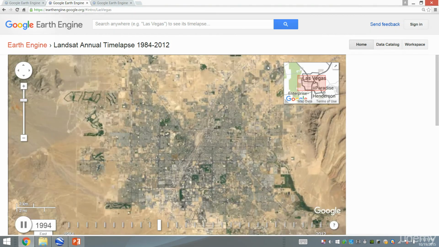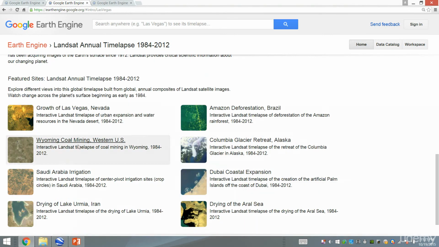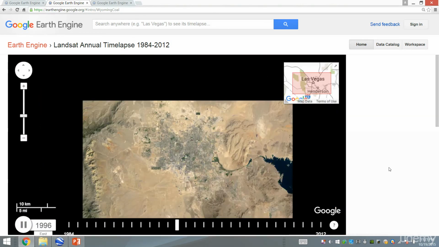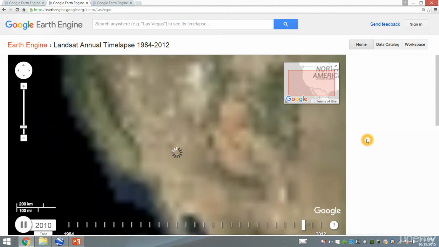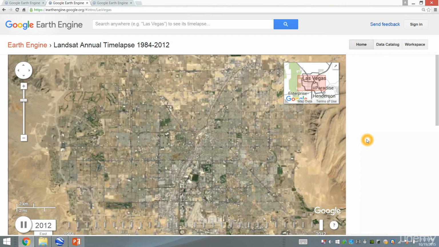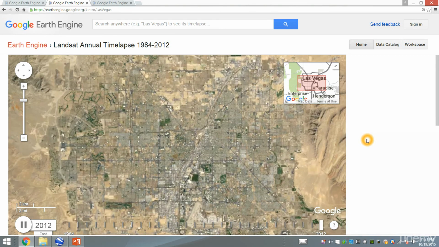Another example using the time lapse is, for example, here, if you go to Groves of Las Vegas, Nevada, and click that, which is pretty much interactive data. It will go to Las Vegas and show us how Las Vegas city has